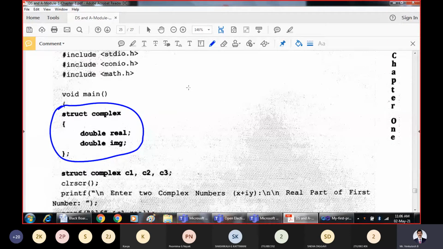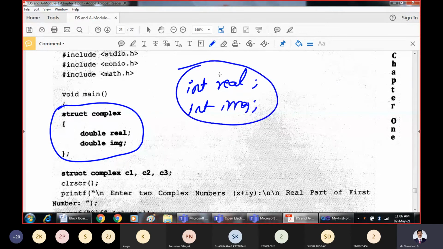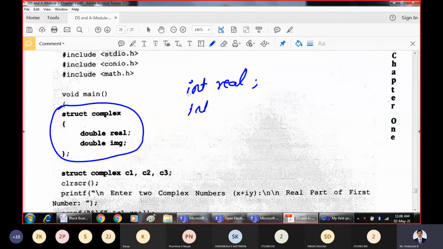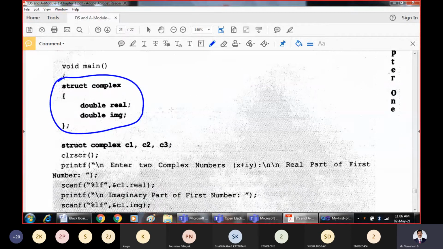If you want to define an integer part, you have to declare a variable separately, then the imaginary part separately. If you combine them into a single entity called a structure, then we can declare variables of that particular structure. One variable can contain one piece of data, but related data we combine into a structure. And what are the entries present in this structure?